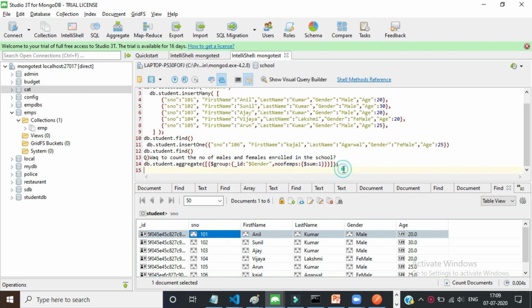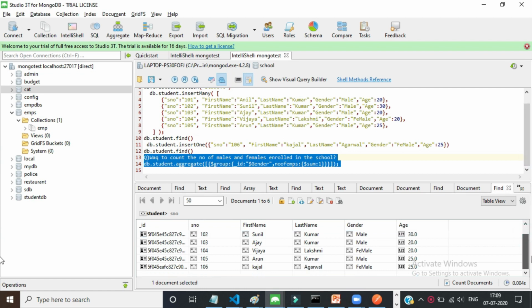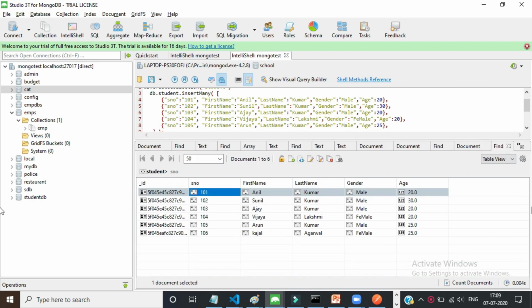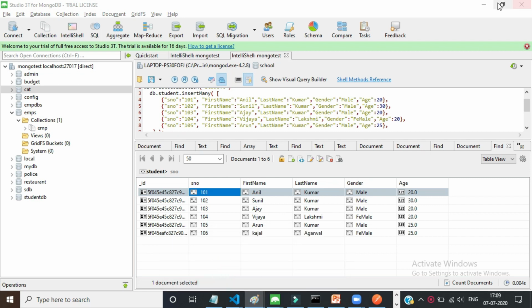Now here I will write one query. Let us observe this clearly. What is the question I have written here? Write a query to display... I will show you, this is my data now. Actually, this is my table data if you observe clearly. Records 101 to 106 are there.